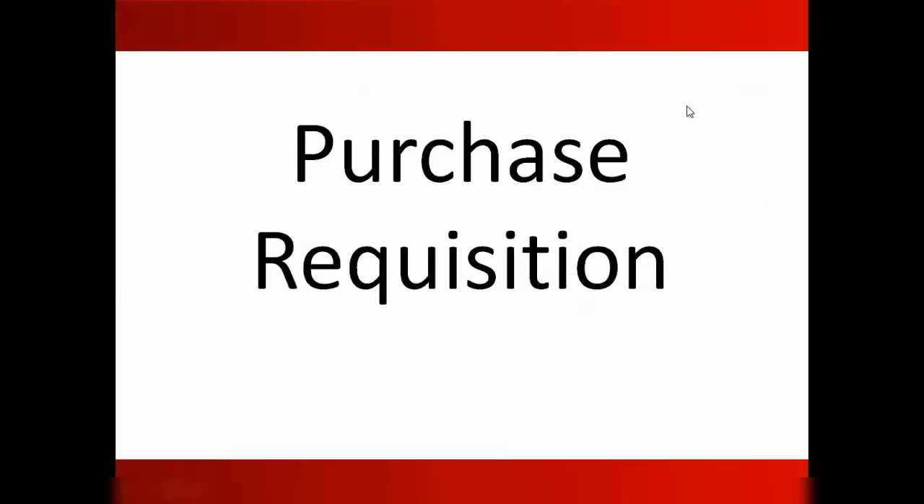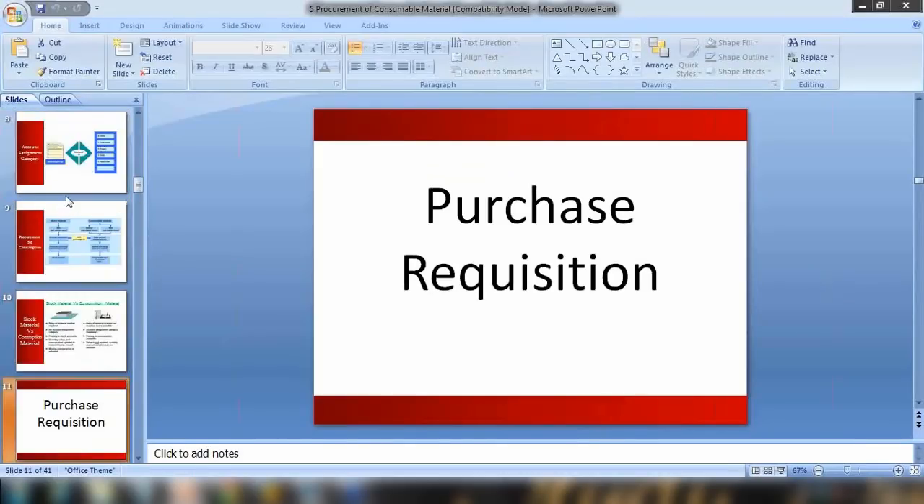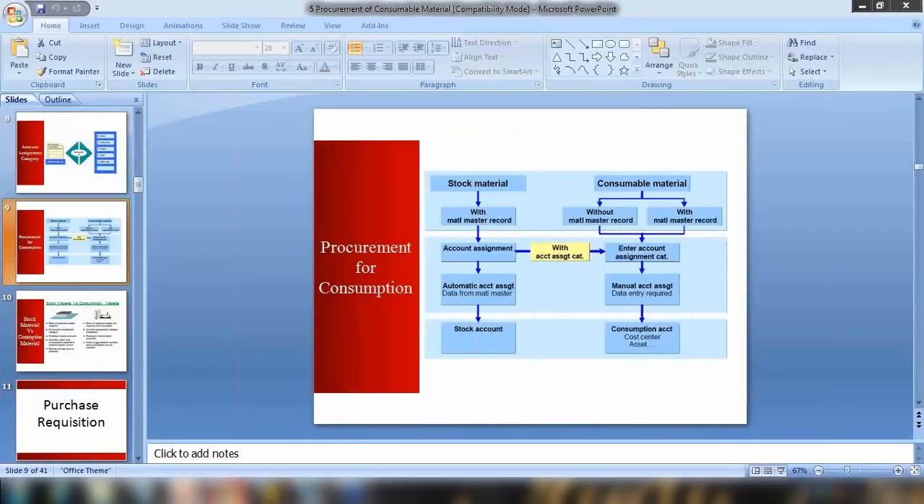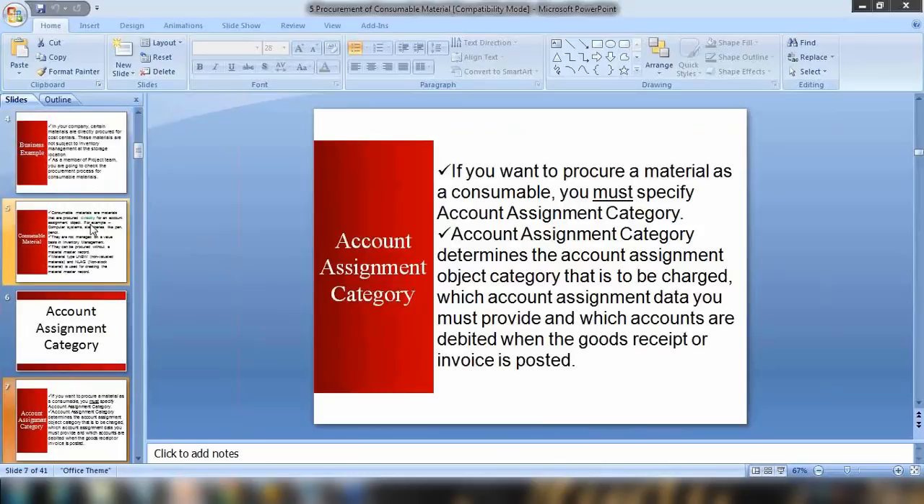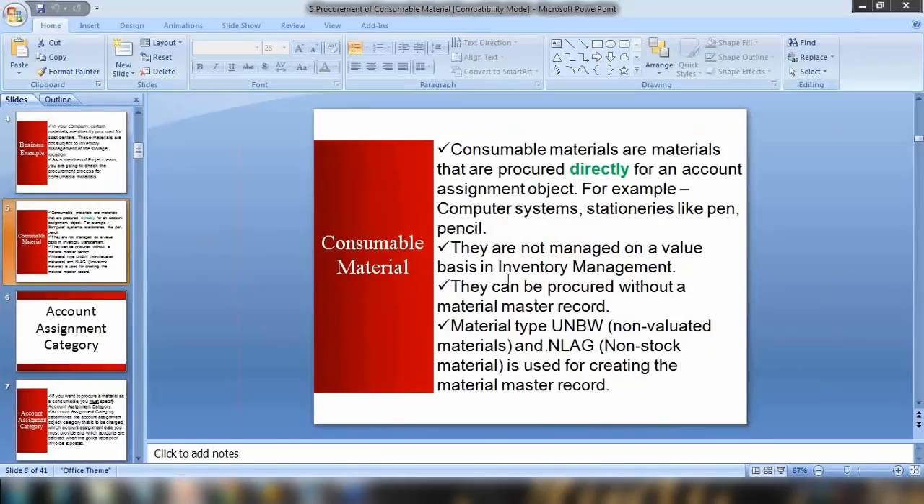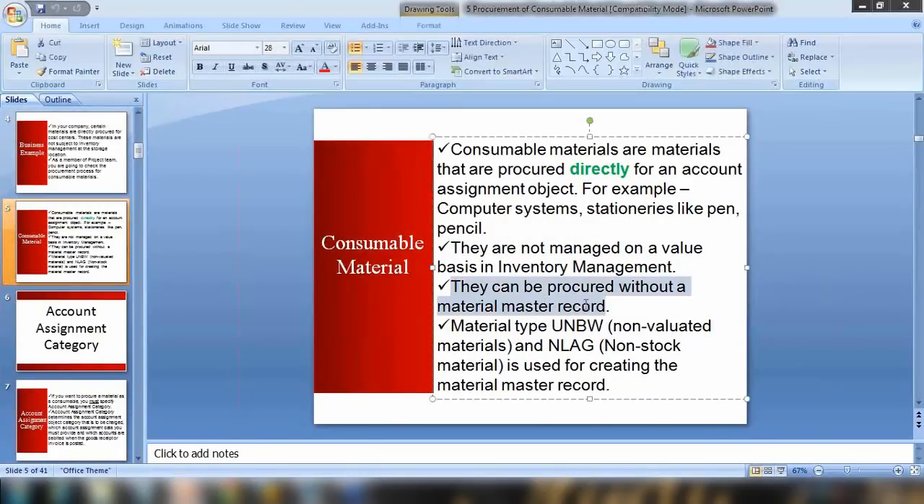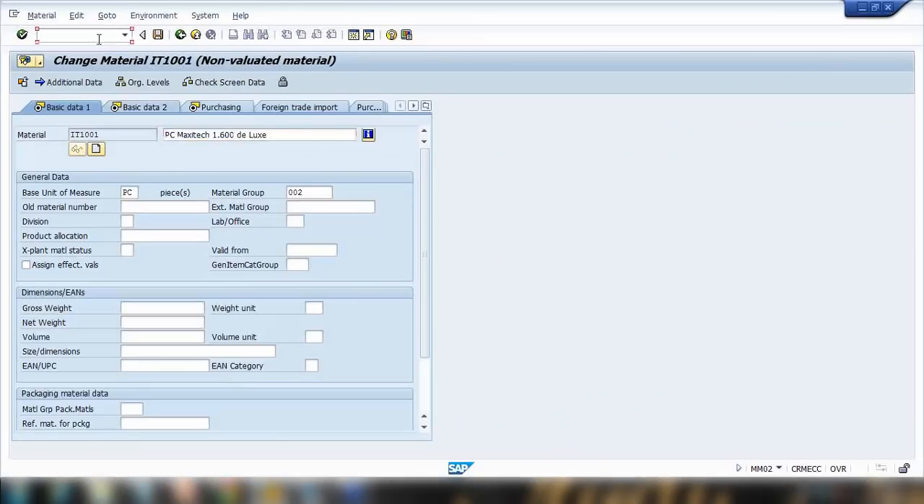Now, another thing I will show you here is, as I said earlier in the previous slide, that they can be procured without a material master record. That means if you do not have the material master record for your consumable material, you can still create a purchase order for them. I'll show you how. If I go to ME21N to create a purchase order,